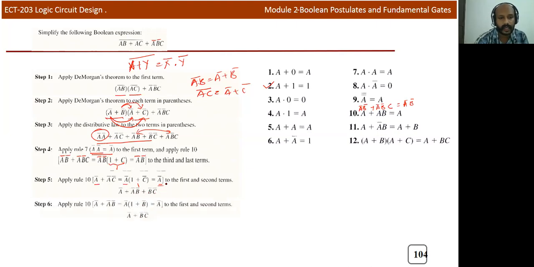Again, you can apply a bar taken as common, a bar plus a bar b. So you can reduce this step actually. If you take a bar as a single term also, you can write. Or I can simplify by using two terms also. I can take a bar common, then 1 plus b bar, which is equal to 1. So finally it's a bar. So the final expression is a bar plus b bar c bar. Okay.